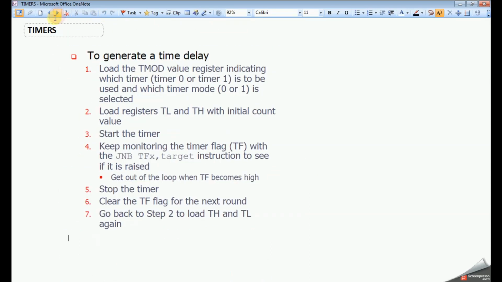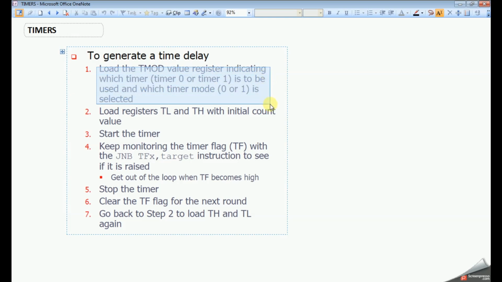Next, to generate a time delay, we need to load the TMOD value. We need to give which mode we need to operate, whether it is timer 0 or timer 1, and in timer 0 also there are different modes: mode 0, 1, 2, 3. So we need to select whether it is 16-bit or 8-bit, and that is the value we give to TMOD.